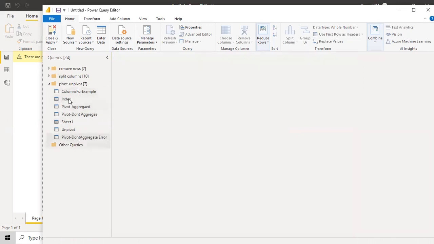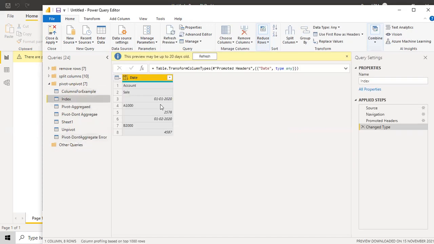First of all, for doing that, there are some other things that need to be discussed over here. I want to create an index for this. We can create an index also. That is another column, an index column. If we start from 0, then obviously it will start the index column from 0.